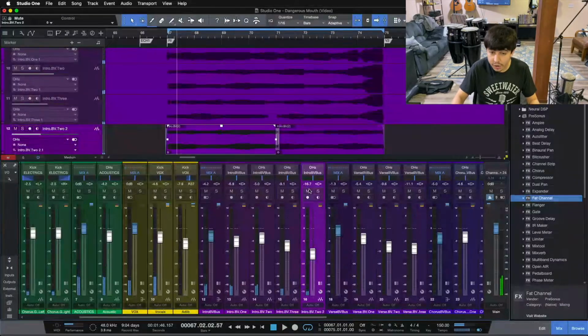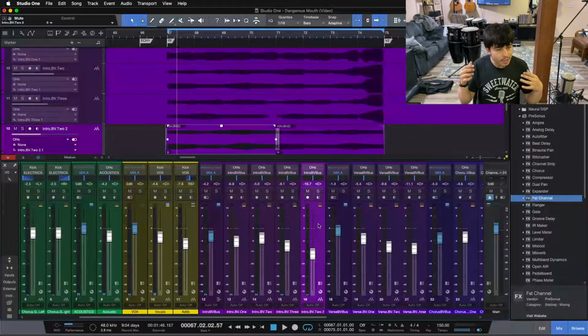I like it right around there, -17, -16. It's just enough that you can kind of hear it, but pretty much only if you're listening for it. If you're listening for that monster vocal on the low end, you'll hear it and you'll feel a little bit of that growl, but you really notice the weight and the impact, the power we get from it when it's